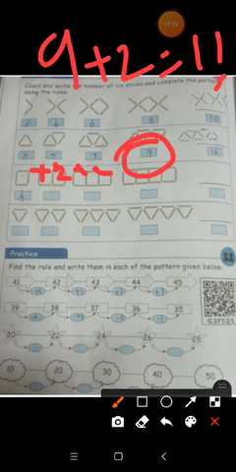Now we want to check whether we add 1 or minus 1 to get the second number 42. If we add, 41 plus 1 is 42. If we do 41 minus 1, we get 40. But in the second place we have the number 42. So add the number 1 with 41, we get 42. So here we should add 1.